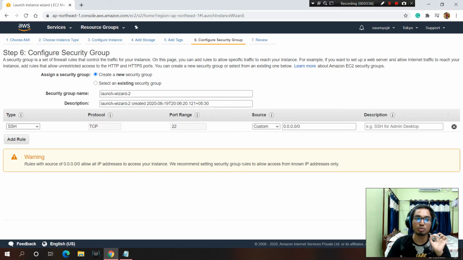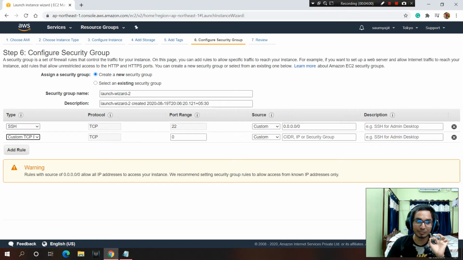For that, you have to set some specific rules for how you can connect. Like you have type SSH, protocol TCP, port range 22, and source 0.0.0.0, which means from everywhere. That means an SSH type of connection for protocol TCP. If you know about networking, there are multiple protocols, TCP, IP, UDP, like that. For the TCP protocol, you can connect from everywhere.